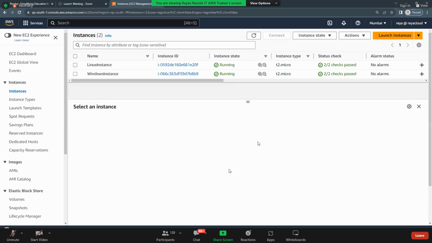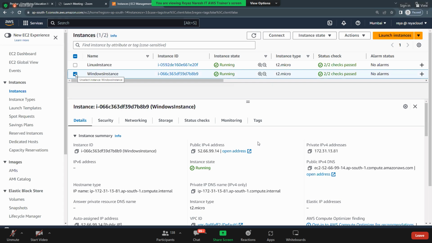So there is a question. Hi, sir. Every time a new password is needed, or can the same one be used for Windows? Good question. Did we learn this already? I have the Windows EC2 instance. So will the password be the same or different every time? Same. Should we go and check it?